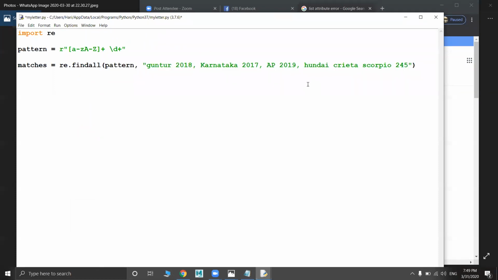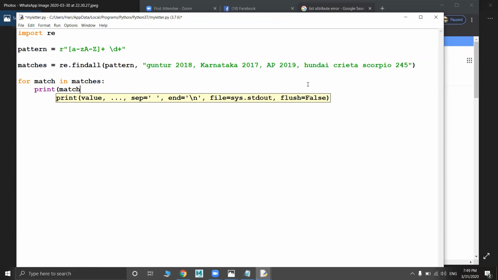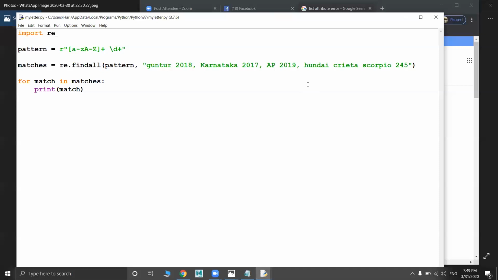Fine. So now, using the pattern, I want to find those things which match the pattern. So I'll write a for loop, for match in. That means I want to iterate. I need to check each and everything, whether it is matching or not. See here, what I gave as the pattern: small a to z, capital A to Z, right?